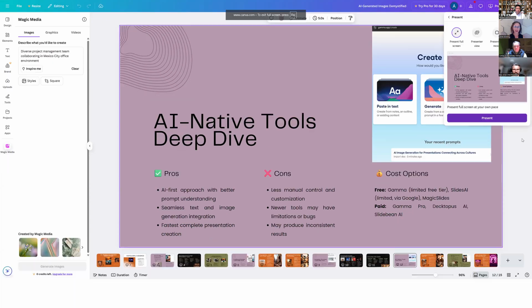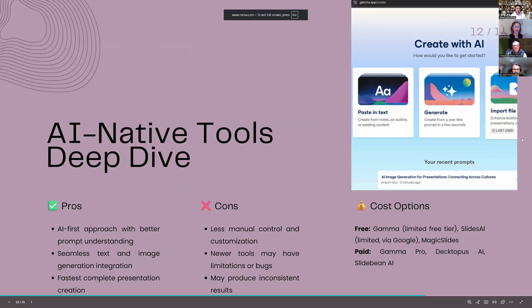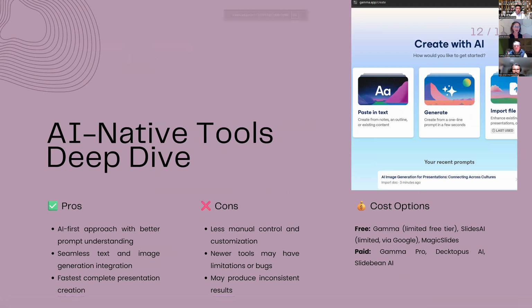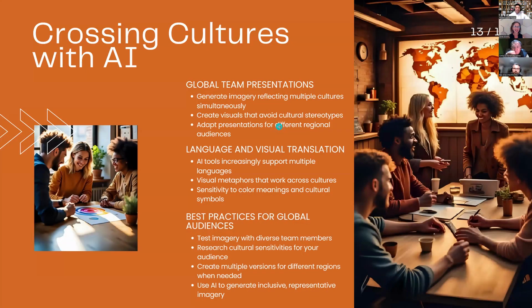So I'm going to go back to present mode. So the pros, I mean, it's pretty clear this is super fast. If you have a good prompt understanding, you're going to be able to do so well in this. It's seamless. I think we already talked about the pros and cons. So let me skip to the next one. Okay, so